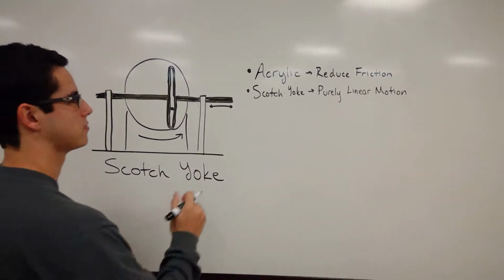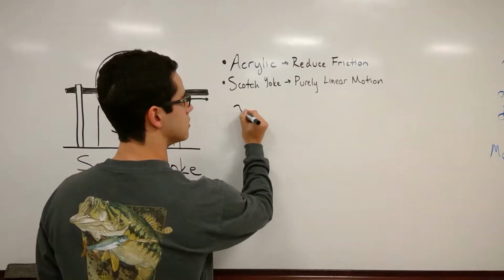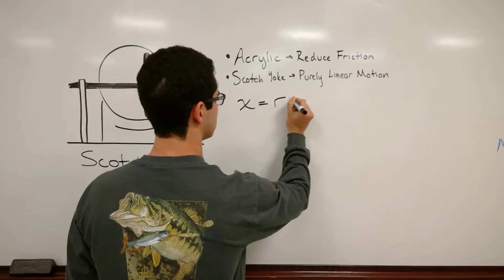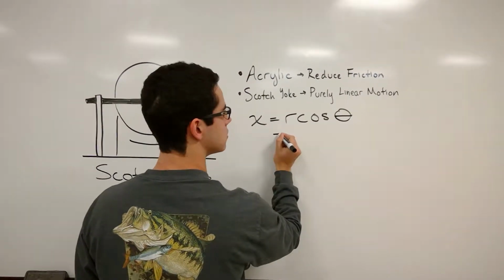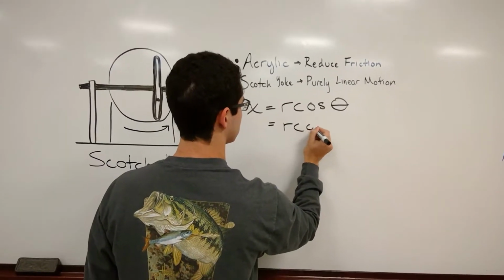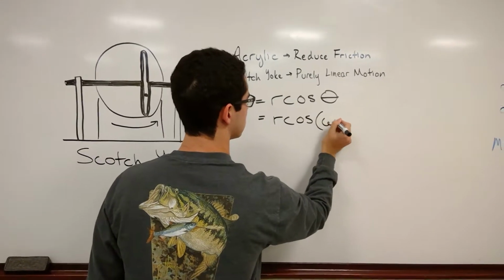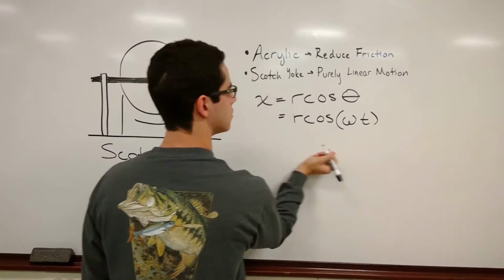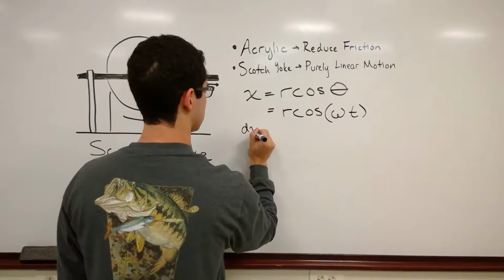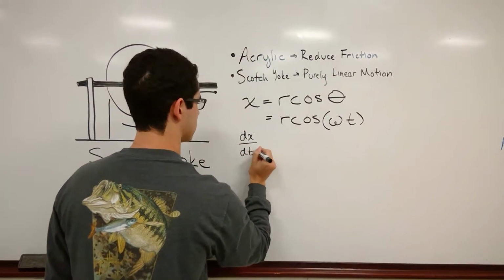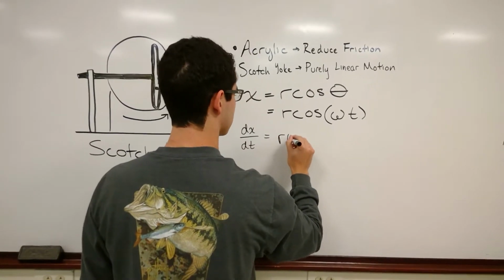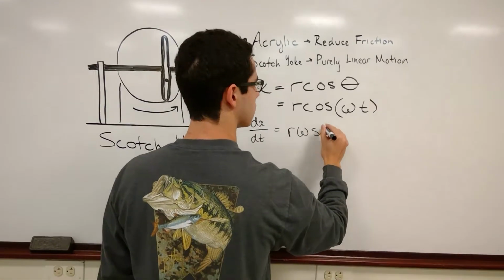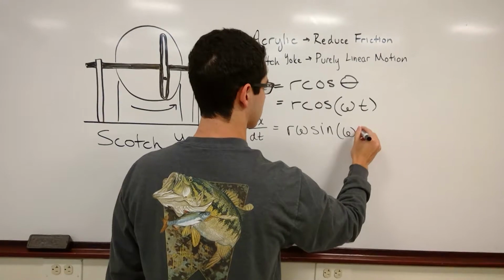To mathematically determine the radius of the rotating circle for our device, we just went through some derivations. So we realized that the x position of the circle at any time was going to be equal to our radius times cosine theta, where theta is the rotating angle of the small point that will be moving the entire linear portion. By taking the derivative of this, we found that x dot would be equal to negative r omega sine omega t,